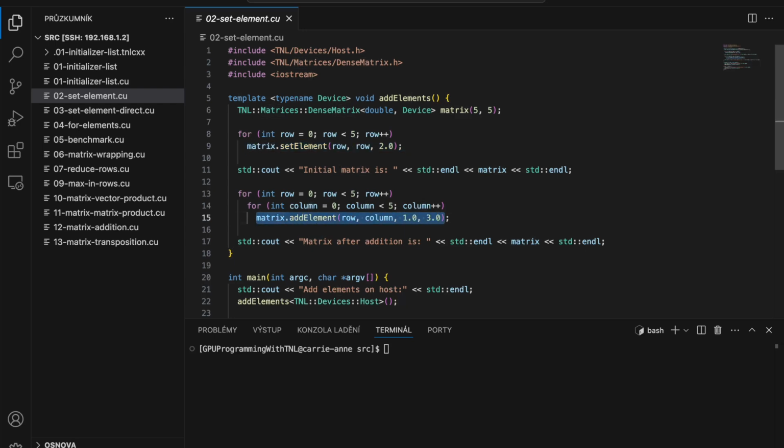Here the original value of the matrix element is first multiplied by 3, and then 1 is added to the result. This method of setting matrix elements is efficient on the CPU. However, if the matrix is allocated on the GPU, each individual matrix element is transferred separately between the CPU and GPU, which is highly inefficient. Therefore, this approach is recommended only for smaller matrices or when the speed of matrix construction is not critical for